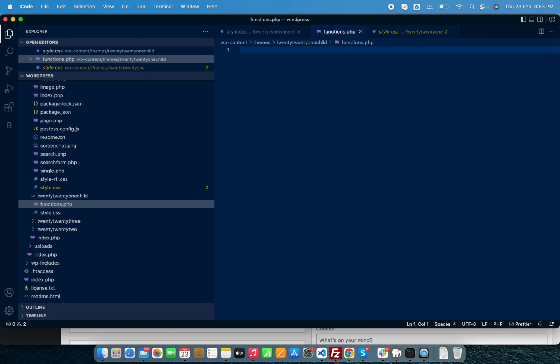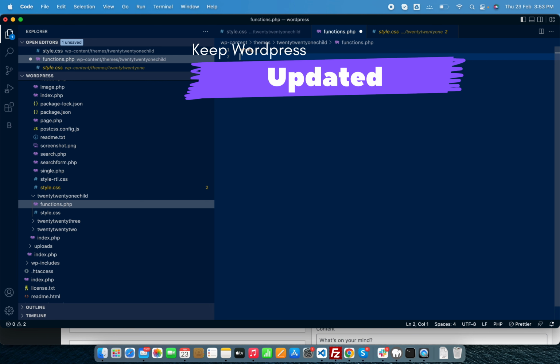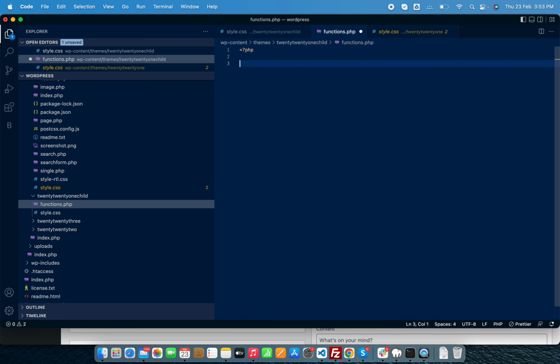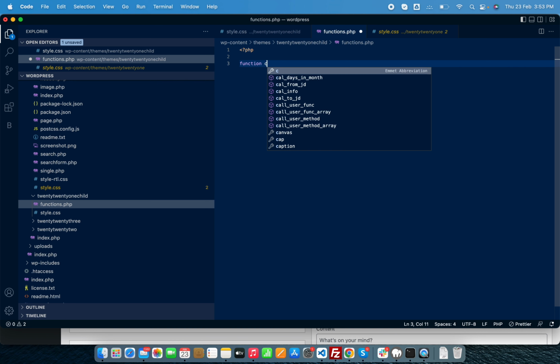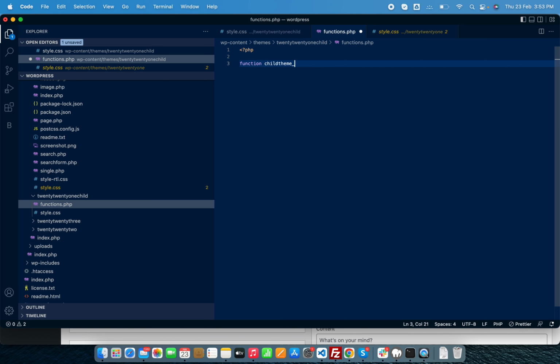Inside that, you need to add some styling script files. So I'm adding one function, whose name I put here as child theme enqueue script. Now inside that function, you need to call one other function, that is wp_enqueue_style.